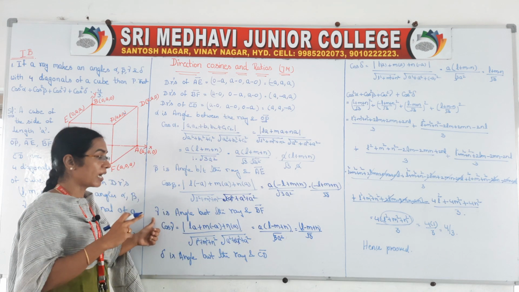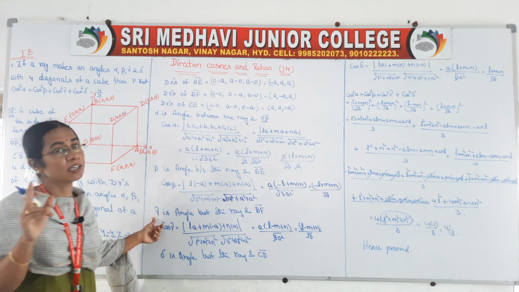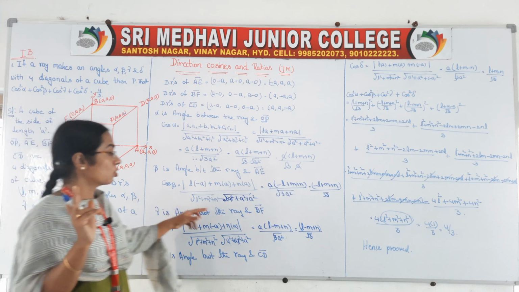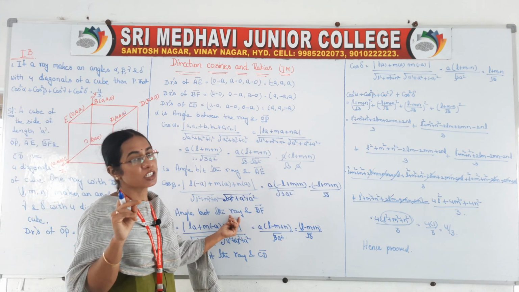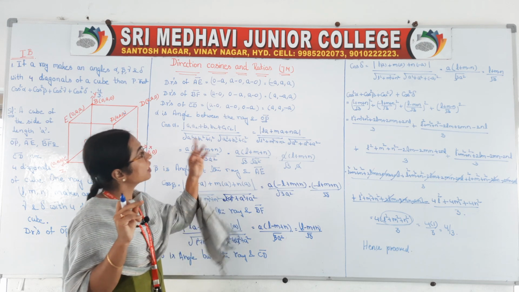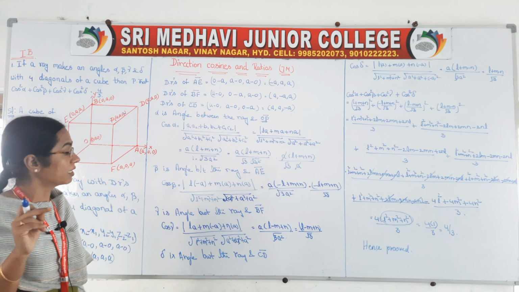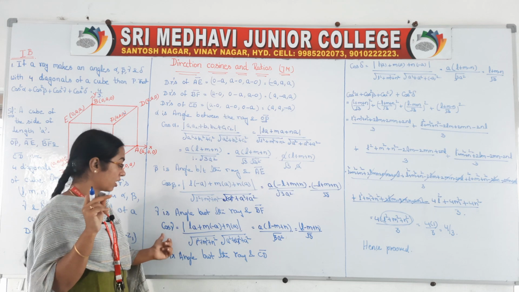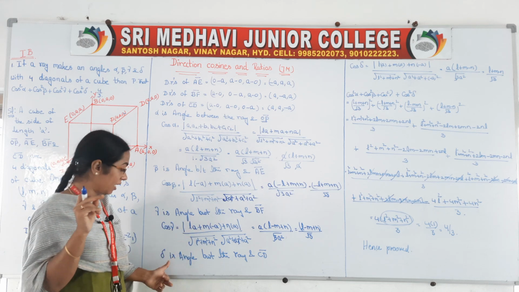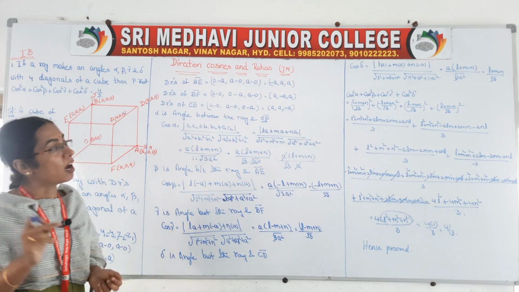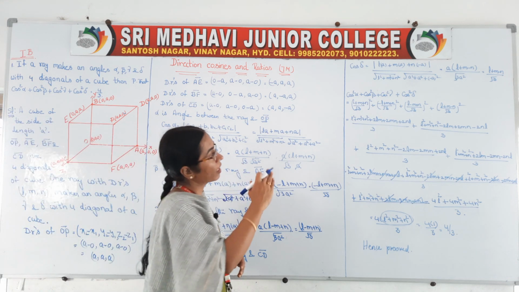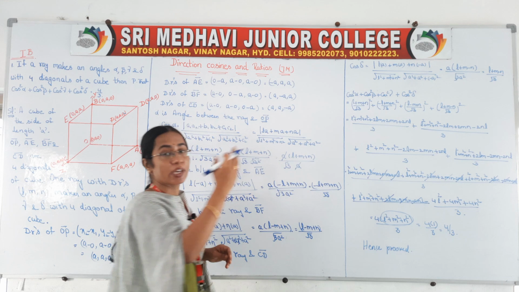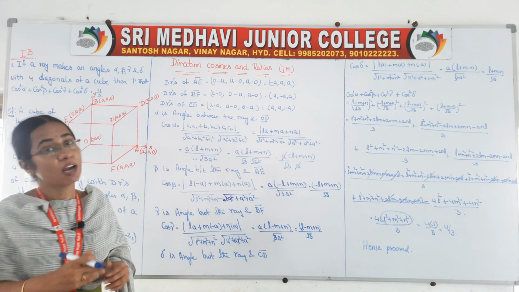Next, gamma is the angle between the ray and the third diagonal. So this is our third diagonal. Same thing, L, M, N are the direction ratios of the ray and BF's direction ratios are A, minus A. Substitute in cos gamma, you got that one. Similarly, cos delta. After that, we have to take cos square alpha plus cos square beta plus cos square gamma plus cos square delta. Why do we have to take it like that?